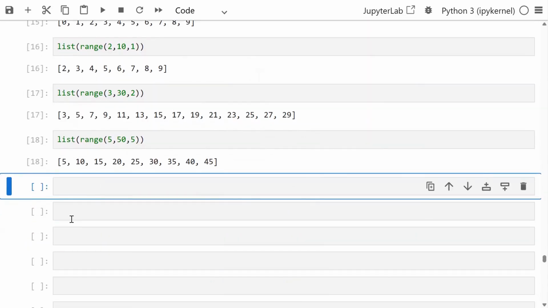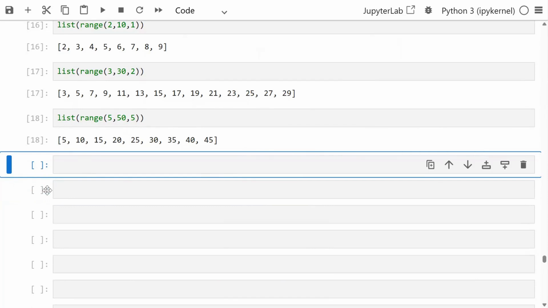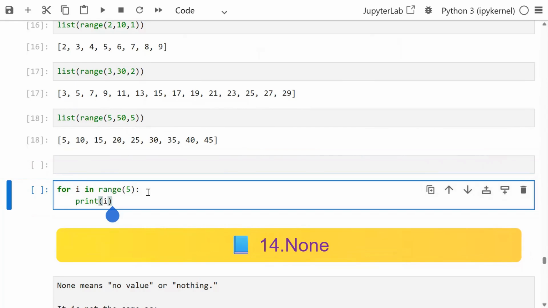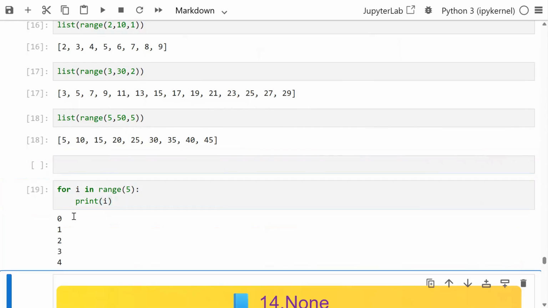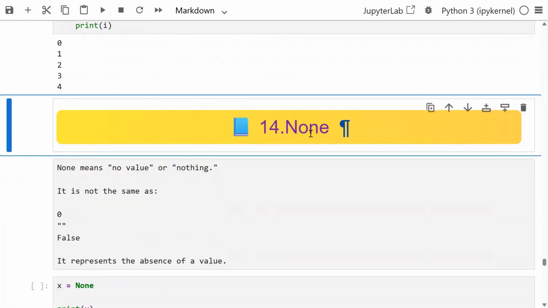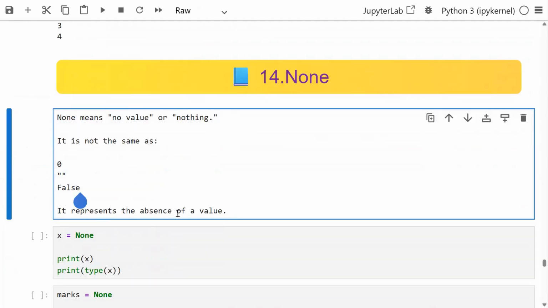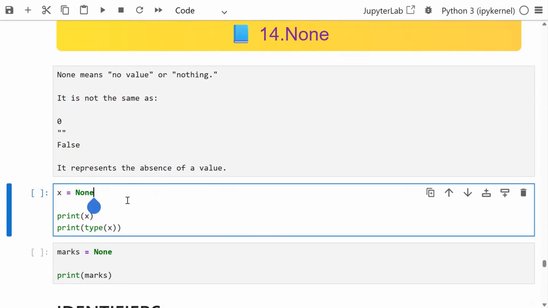आगे देखेंगे, जस्ट आपको इंट्रोडक्शन लेवल पे बता रहा हूँ मैं। आगे आने वाले लेक्चर्स में हम लोग देखने वाले हैं। सो यू कैन यूज इन फॉर लूप ऑल्सो, डोंट वरी, ये मैं आगे बताऊंगा। None क्या है? It is a keyword. सो None means no value or nothing. It is not same as zero, not same as empty string, not same as false. ये तीनों अलग है, None अलग।